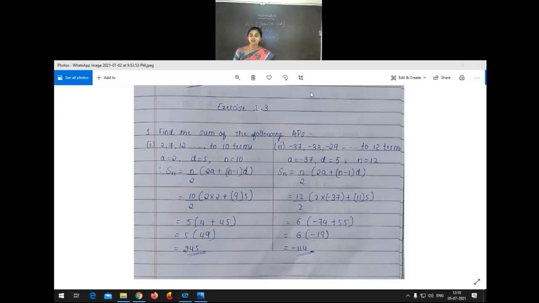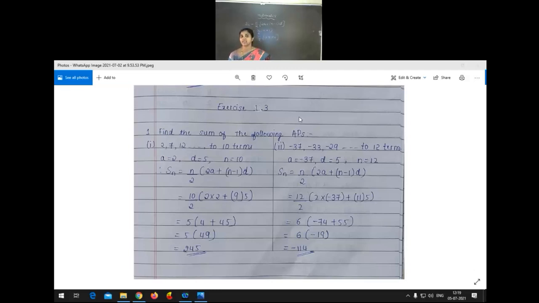In your textbook, I think you are not having the textbook now. But I'm sending the photos of the old textbook, that is the CBSE textbook. That textbook is divided into two parts, part 1 and part 2. Nothing is changed, same to same. When you open the PDF of that maths textbook, you will get the same. No need to worry about the exercise number. What is important for us is the problem right now.